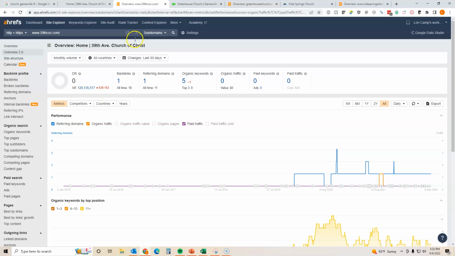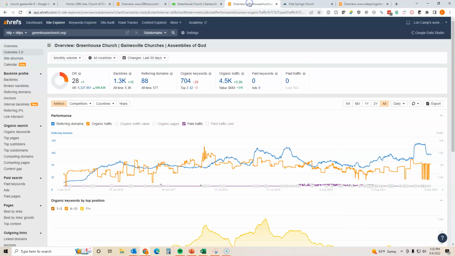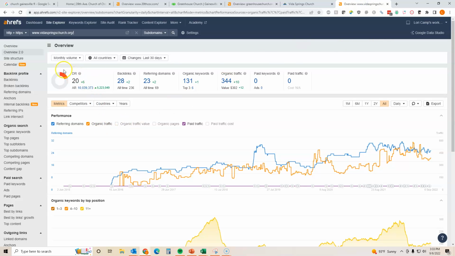But right now you're kind of sitting at a 0. If we look at the Greenhouse in contrast, right now they are sitting at about a 28. So on a scale of 0 to 100, they're ranking about a 28 in the power aspect of their backlink profile. And if you look at Vita Springs, they're at about a 20.